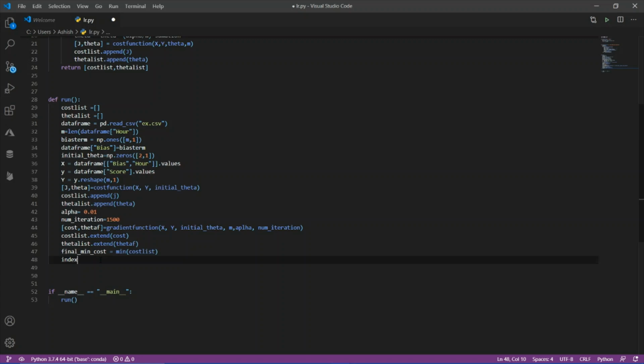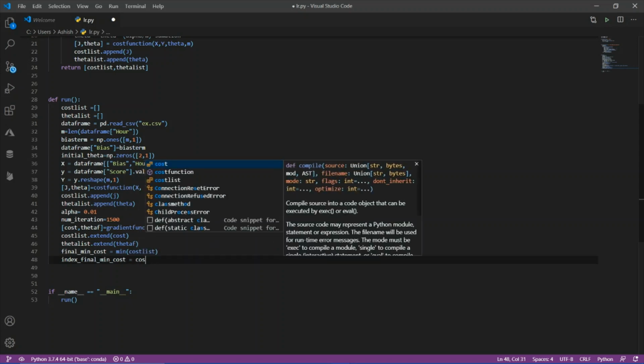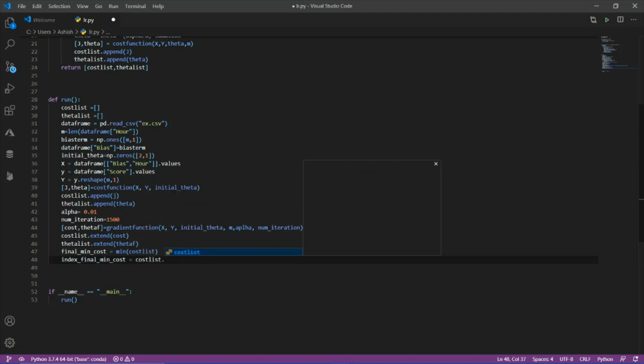So the index of final min cost equals cost list dot index of the minimum of cost list. So we got our minimum cost and the index of the minimum cost.